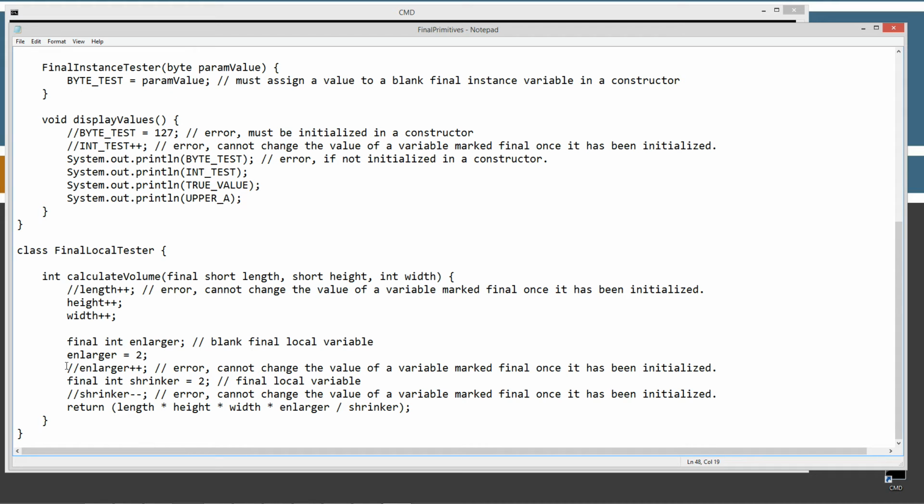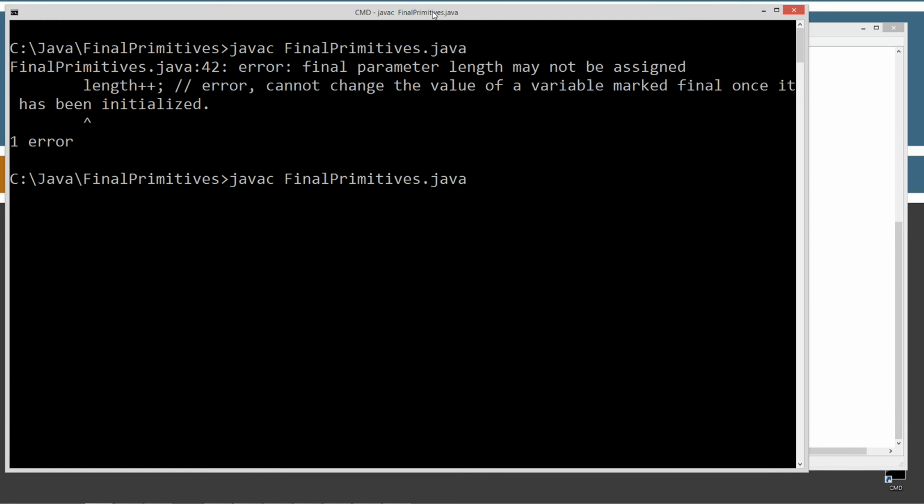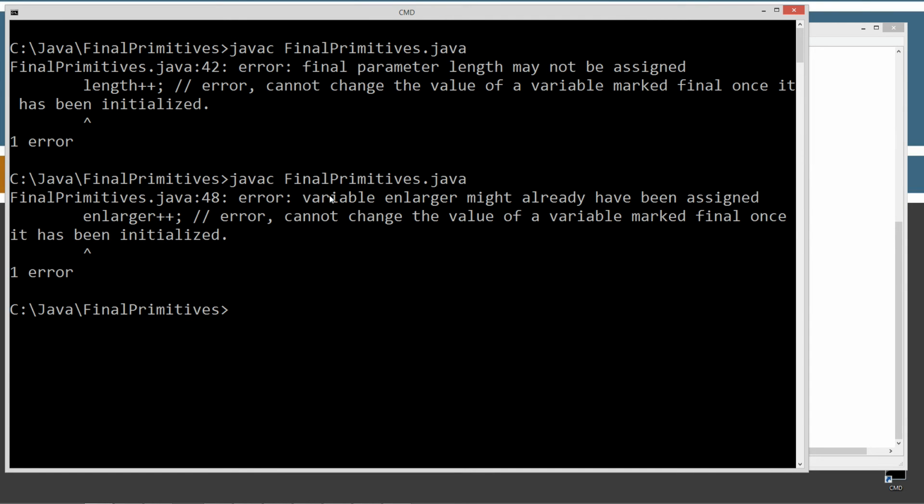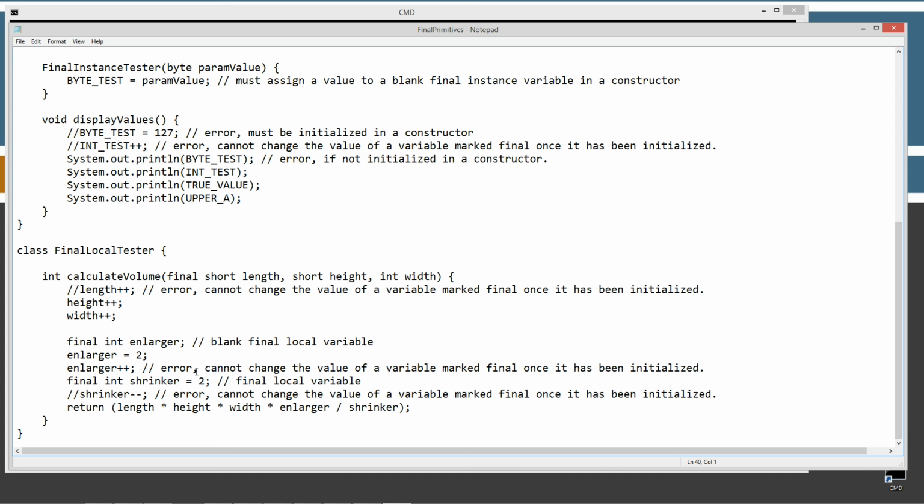Okay, if we try to add 1 to enlarger at that point, we're going to get an error, because the same rules apply for local variables there too. Variable enlarger might have already been assigned, and we cannot change the value of a variable marked final once it has been initialized, and it was initialized to 2 right there. So that's good. Now in this next one, I'm initializing a variable shrinker of primitive int data type,